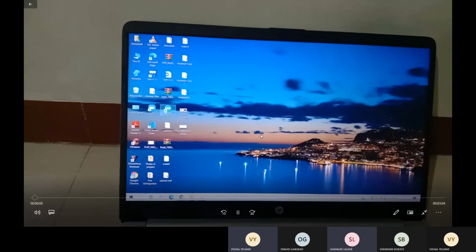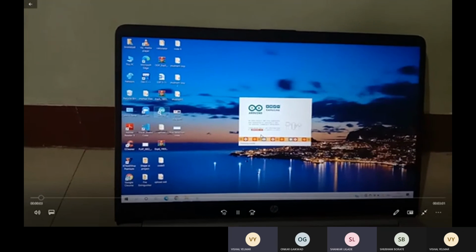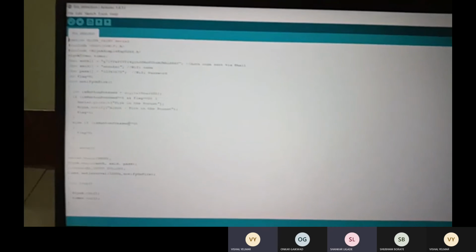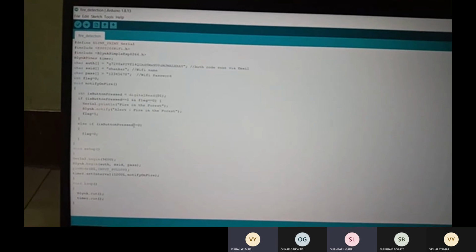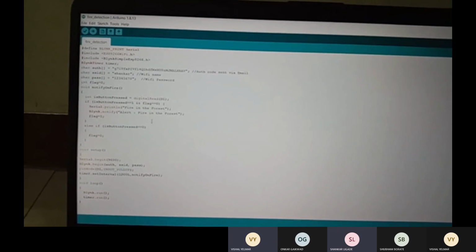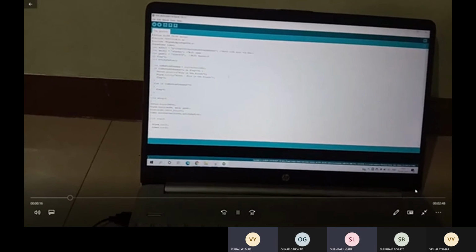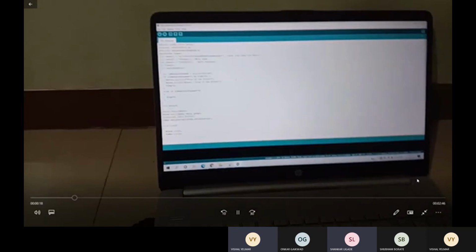Now we can see the actual demonstration. We open the Arduino IDE. This is the actual code which was explained earlier. Now we need to verify this code.